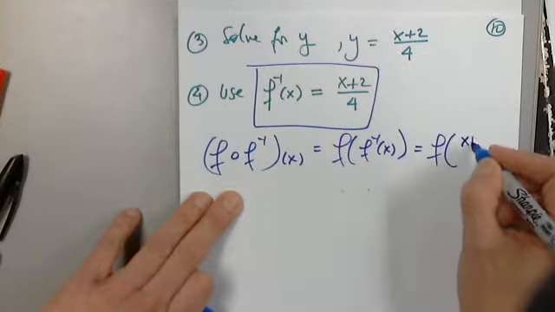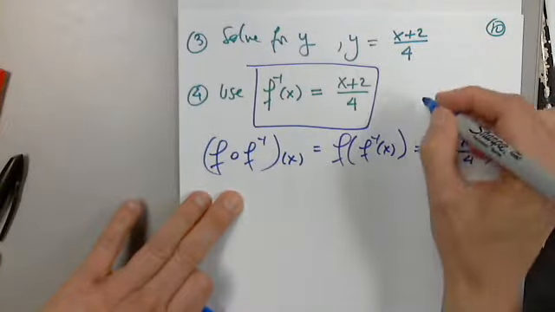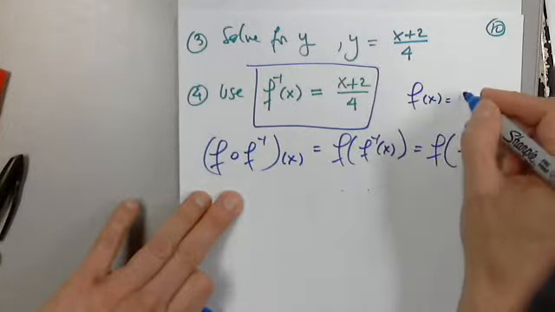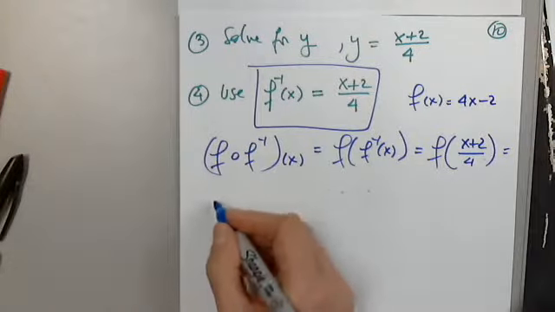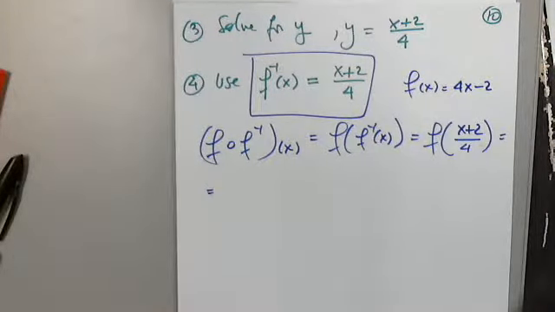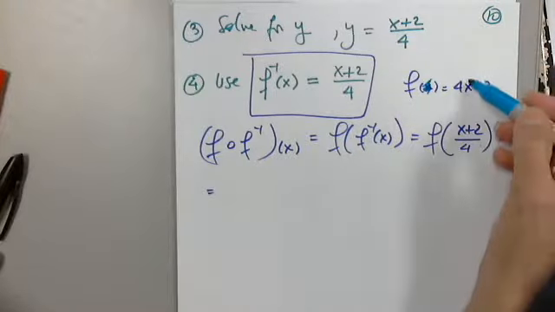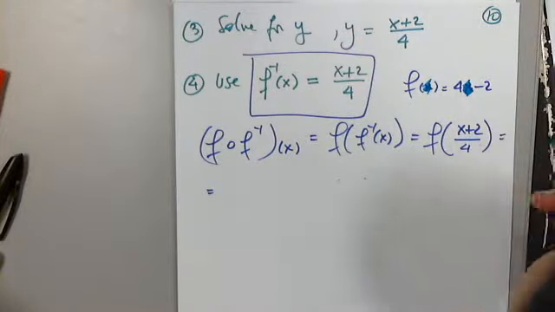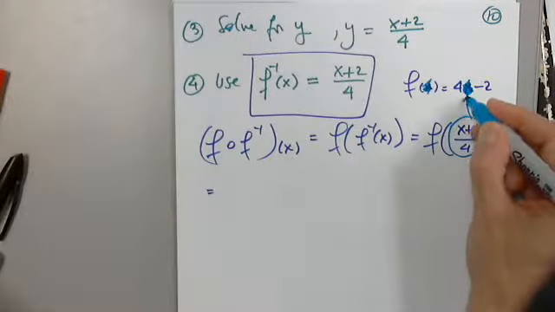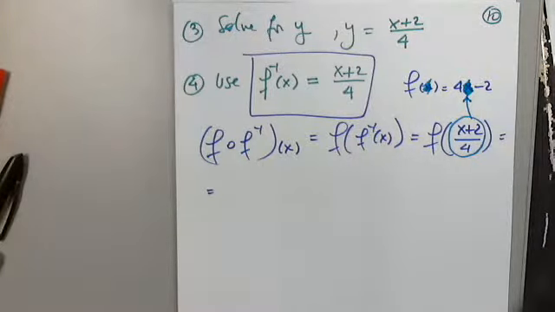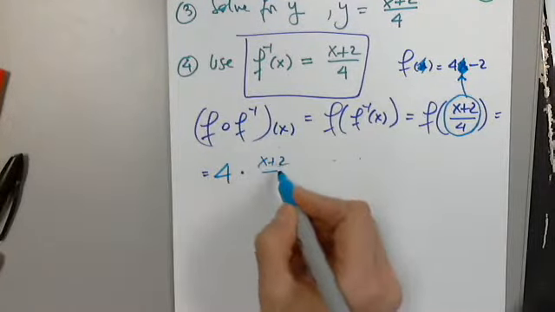Which is f of (x plus 2) over 4. I'm going to copy here f of x because it's on the previous page. And now please tell me what to write. Four x minus 2. So f of whatever is 4 times whatever minus 2. This is my whatever now. Okay, so 4 times (x plus 2) over 4